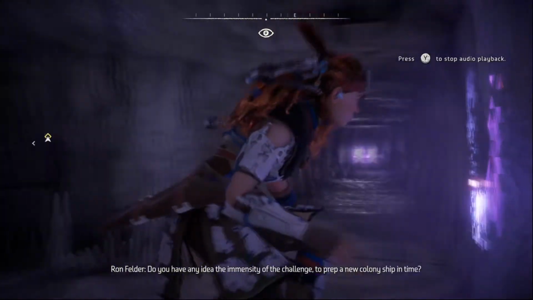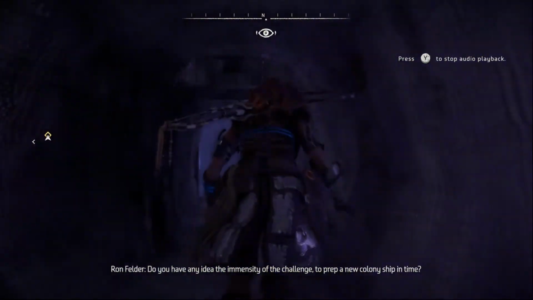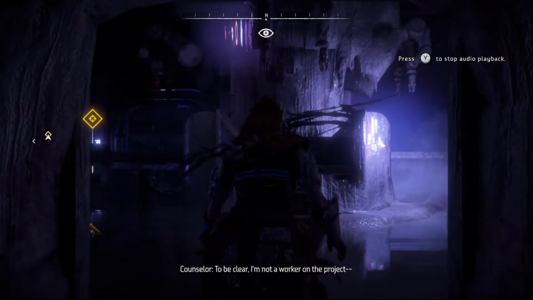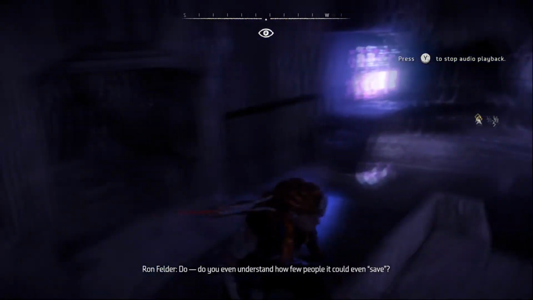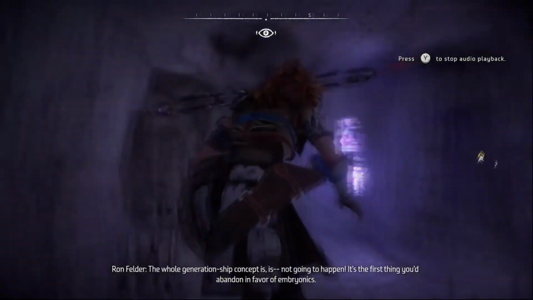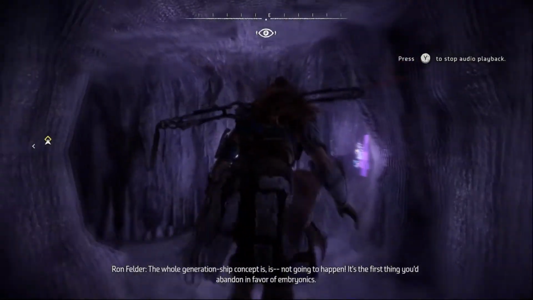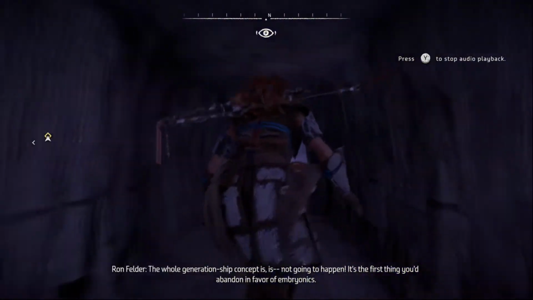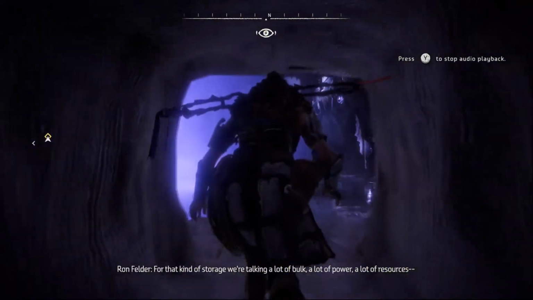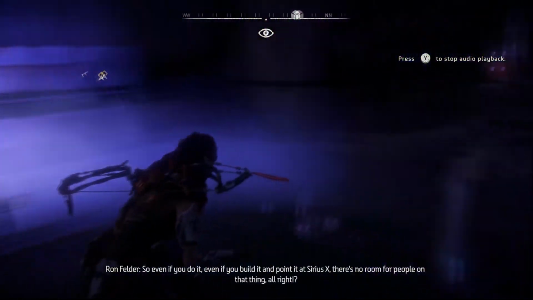Do you have any idea the immensity of the challenge to prep a new colony ship in time? To be clear, I'm not a worker on the project. Do you even understand how few people it could save? The whole generation ship concept is not gonna happen. It's the first thing you'd abandon in favor of embryonics. For that kind of storage, we're talking a lot of bulk, a lot of power, a lot of resources. So even if you do it...